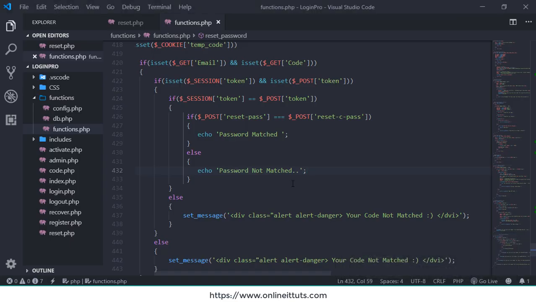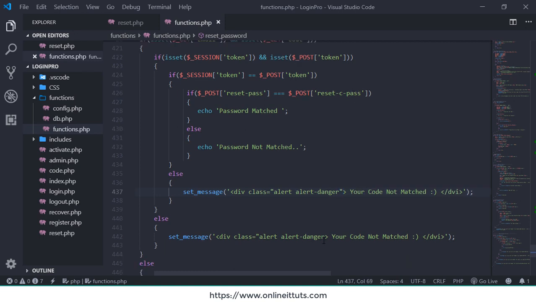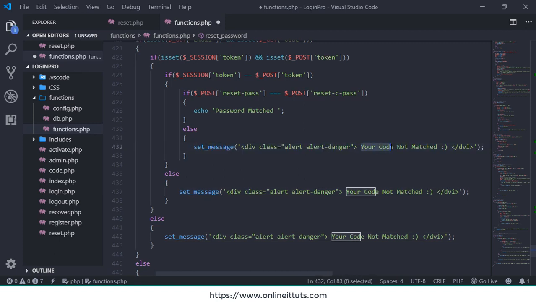Hello guys, welcome back. In this video we will discuss how we can update the password. Then the user will be able to log in to the application with the new password, right? So before working on that, I'm going to show you another problem like this one. This is a double quotation. We need to use a double quotation after the class, okay, and also use this double quotation here, and I'm going to copy the same thing and paste here,